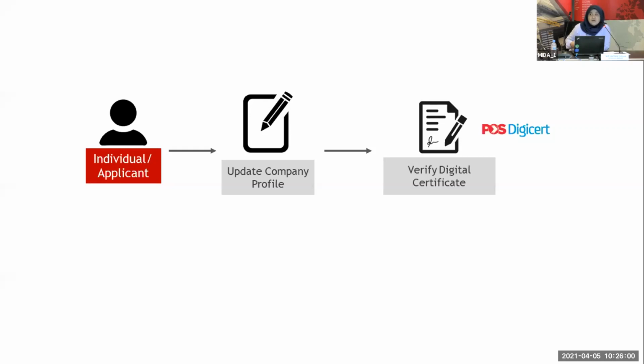Except if maybe your cert has expired, then you will need to renew the digital certificate accordingly. Or if your authorized person is somebody new, then you have to register a new digital certificate for that authorized person. The authorized person's digital certificate is linked by the IC number of the authorized person and the ROC number of the company.